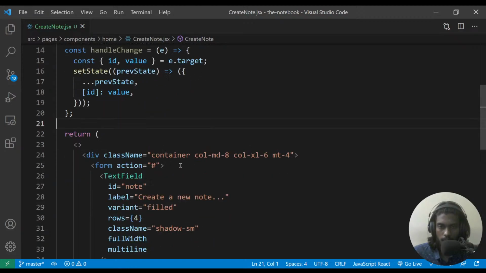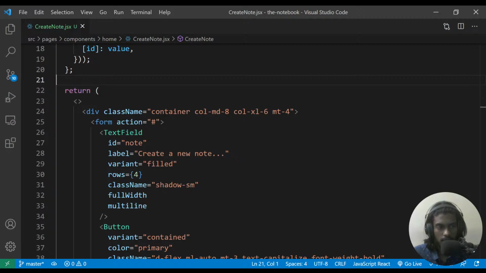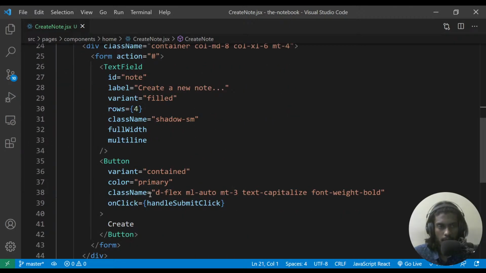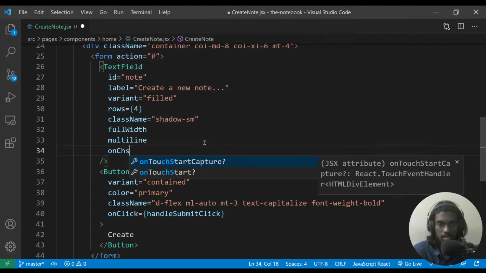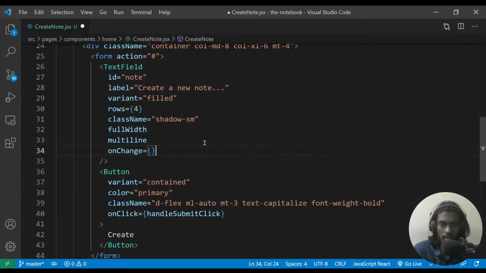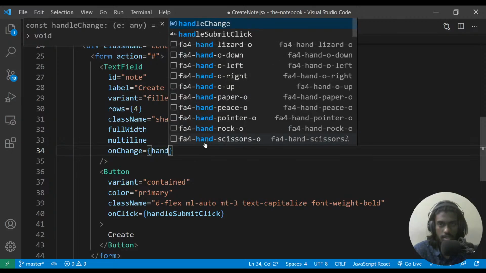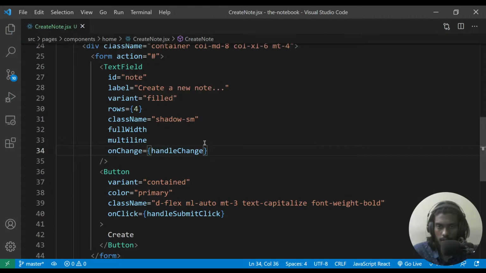Okay, at the bottom what you do is go to your text field. No, sorry, not your text field, go to your button. On your button, what you're going to do is... we have a text field, sorry. Go to your text field, and inside your text field we're going to add some more attributes. First thing I'm going to do is add an attribute called onChange. To onChange I'm going to say handleChange. That's the name of the function that we just wrote, and I'm passing that function into the onChange